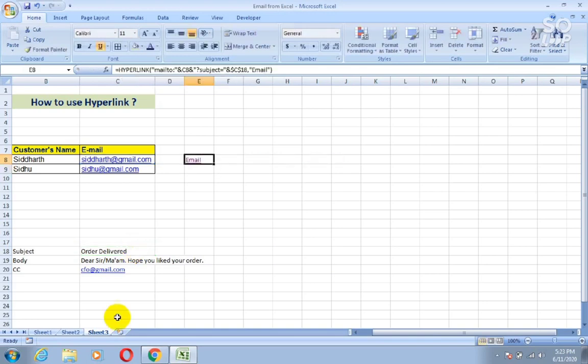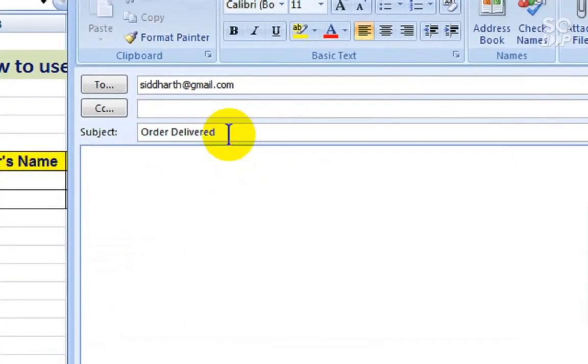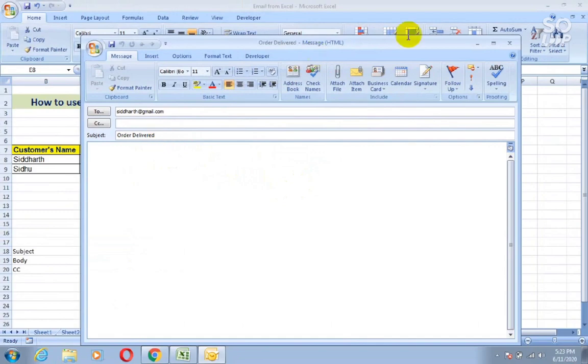Now press enter. Now again click on email. So here as you can see, your subject is automatically typed, that is order delivered. Now again close this window.